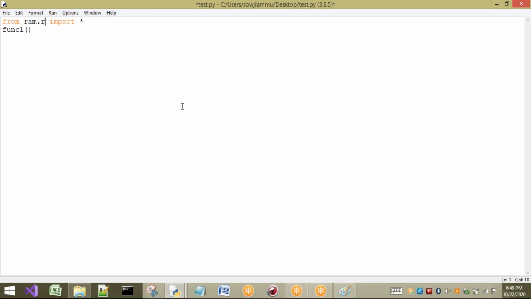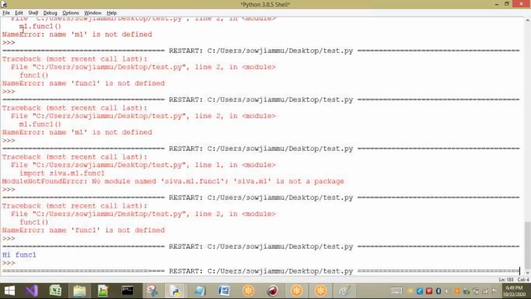I'm going to import from RAM sub, and I want to import M4, I think. I have to call it as M4.func. So I will explain why it is going to be done.